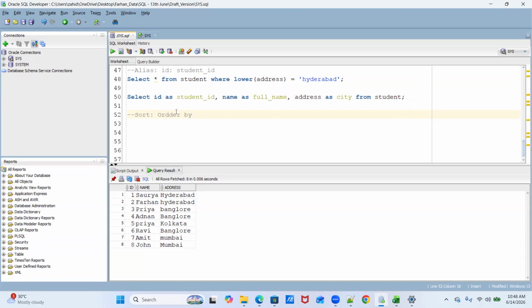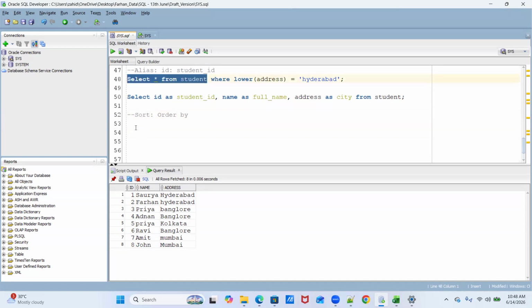With the help of order by, we can sort the data of the table in either ascending or descending format, in any format basically. Okay, let's try to do that.